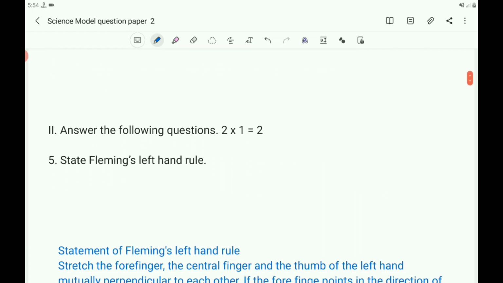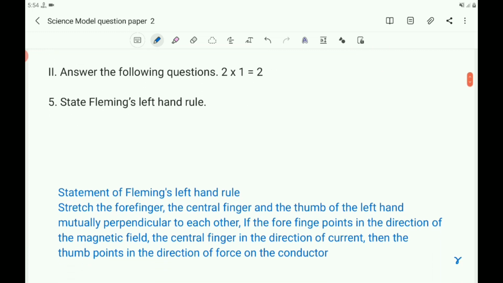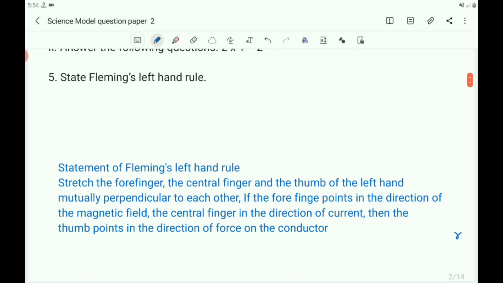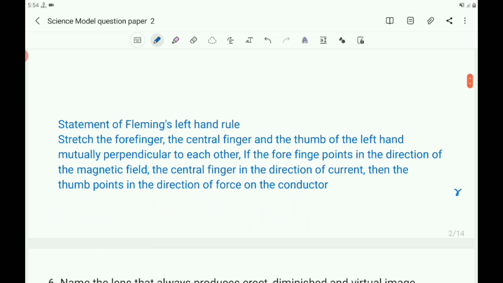Next, let us come to the short answer type question. That is fifth question. State Fleming's left hand rule. So what is the statement of Fleming's left hand rule? You write the statement. Stretch the forefinger, central finger and the thumb of the left hand mutually perpendicular to each other. If the forefinger